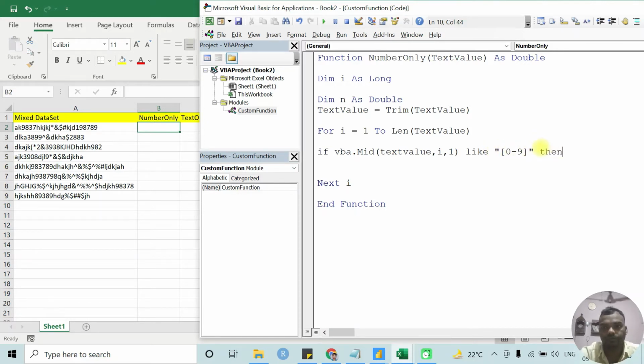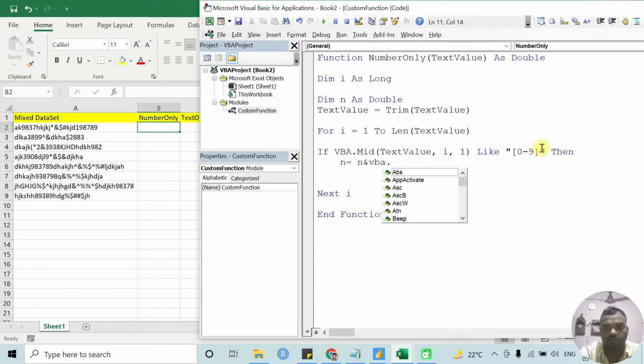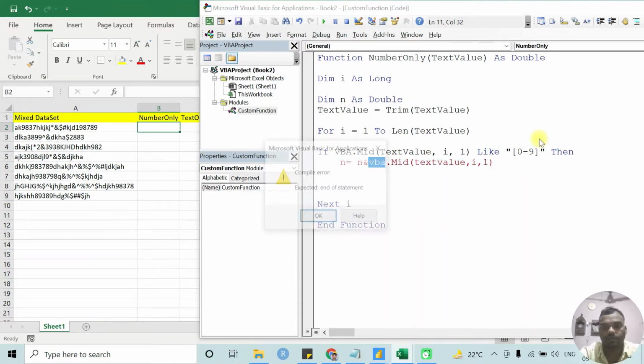Then keep it in memory of n. Concatenate with n using VBA dot mid, text value, i, one character at a time, 1. What's wrong?